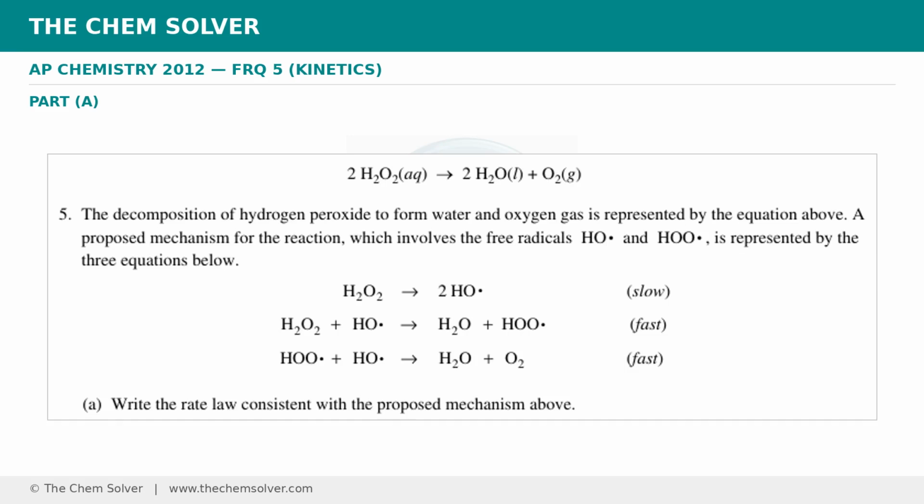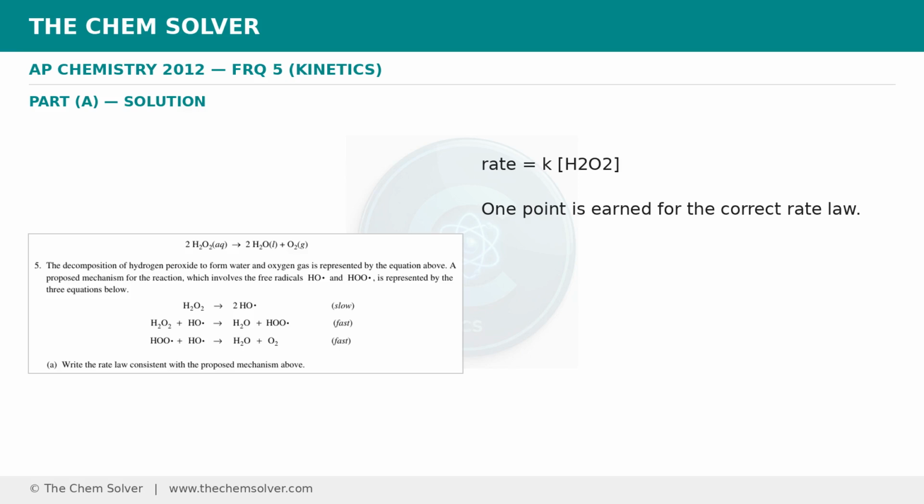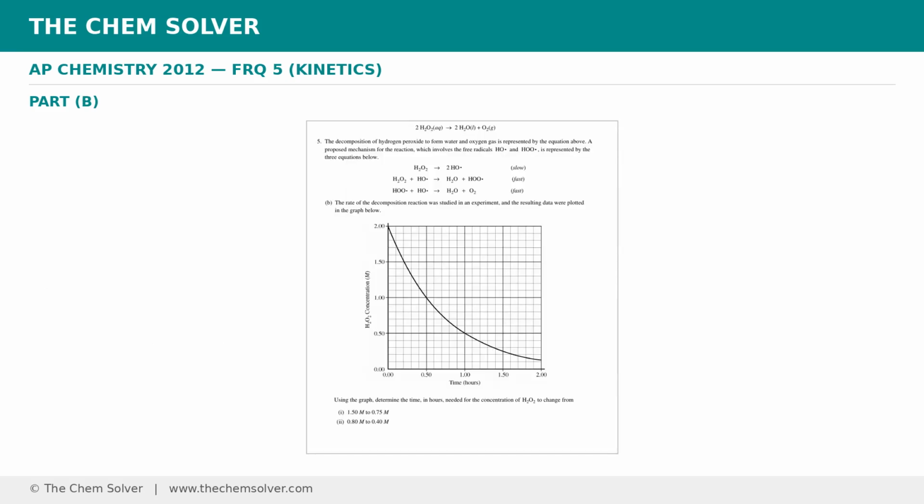Write the rate law consistent with the proposed mechanism above. Rate equals k[H₂O₂]. 1 point is earned for the correct rate law. The rate of the decomposition reaction was studied in an experiment, and the resulting data were plotted in the graph